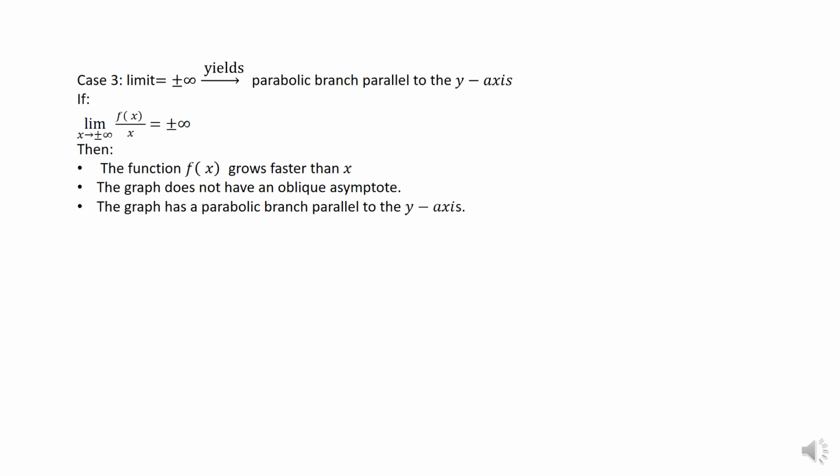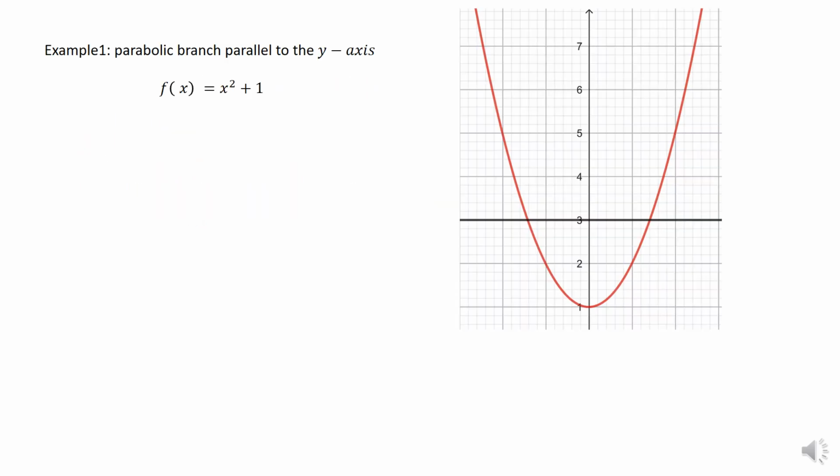Now, case 3, if the limit of f of x over x as x tends to plus or minus infinity is infinite, this means that the function grows faster than x. The graph will not admit an oblique asymptote this time, but it will admit a parabolic branch parallel to the y-axis. We will see how we find it in the example. Now, f of x equals x squared plus 1. The domain of definition of this function is